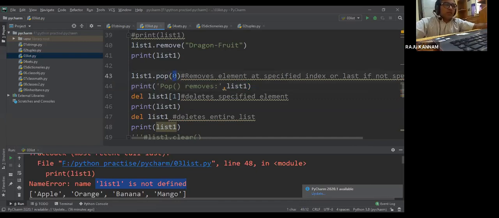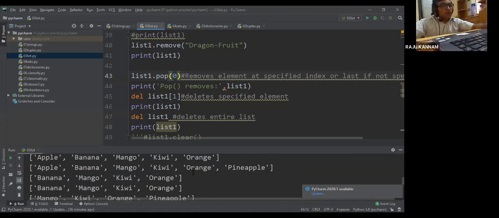Along with the pop method, whatever index you give here, index means it is nothing but a position, right? The corresponding position of the item will be removed. If you don't mention any number in the pop method, it will remove the last value, the last element.